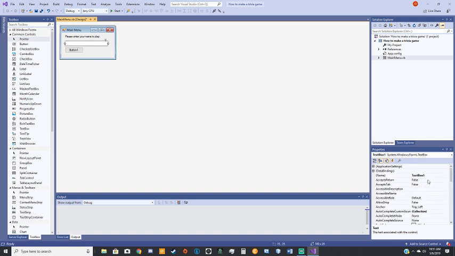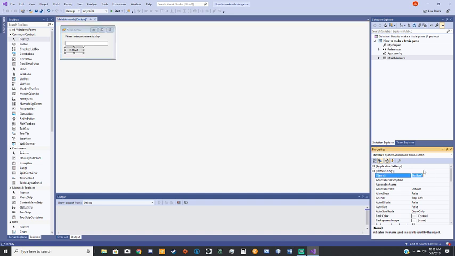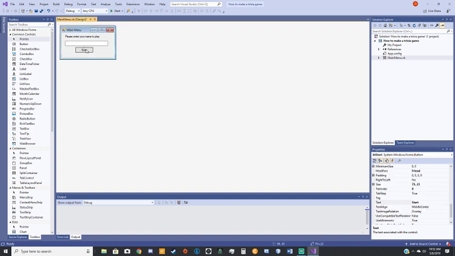Perfect. So we're going to name this TB name. It's important that we put TB in front, because that says it is a text box and not a button or a radio button or a link or a label. Okay, so that's important to do. And then we're going to have our button here. This will be BT start. Now we're actually going to make it so that you have to type in something to start